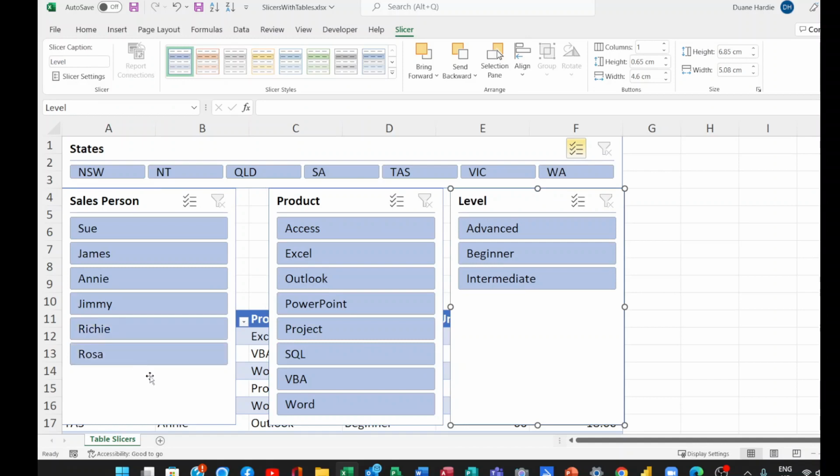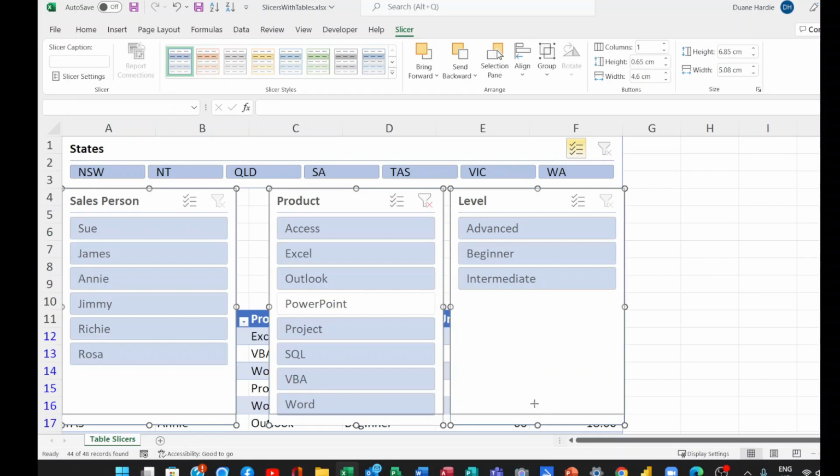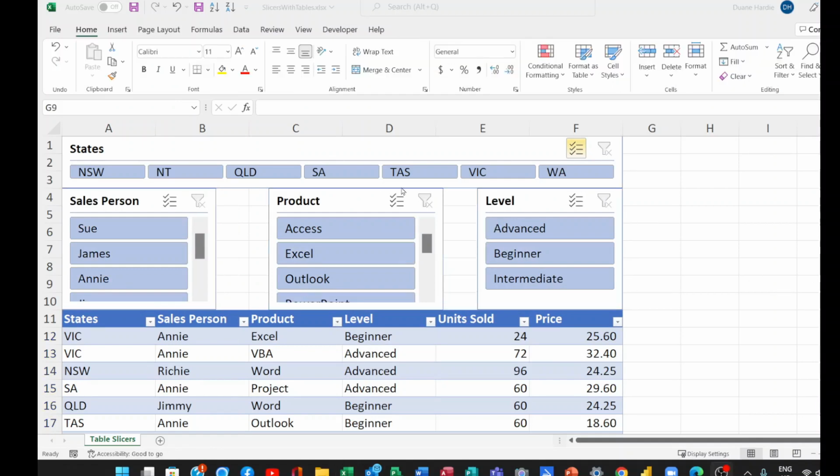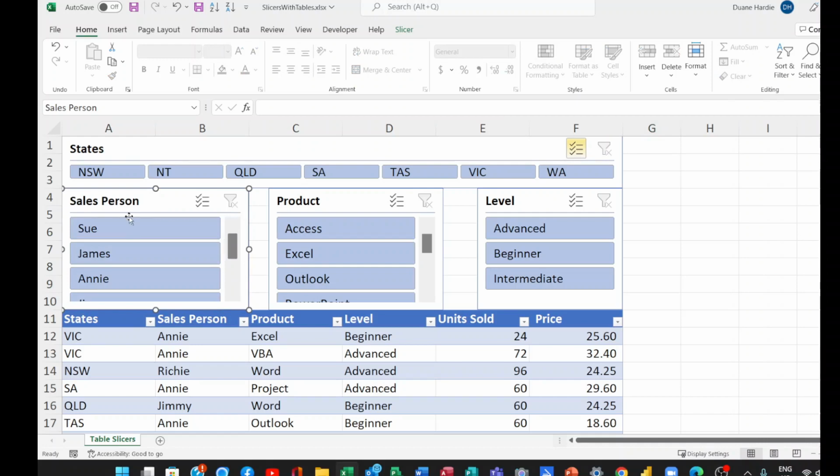Now, the 3 of them, if I click on one, hold down the Control key, click on another, and the other, I've got 3 of them selected. And I'm going to pick up the little handle underneath, and I'm going to drag them up and size it into a position so that it's just above the data. Now, I'm quickly going to make some changes to these slicers. I'm clicking on the Salesperson slicer there. I'm going to pick up its little handle and drag it to the right so it's lined up with that